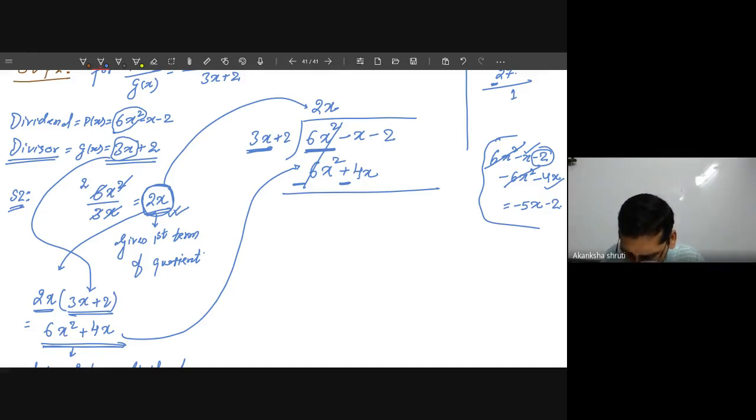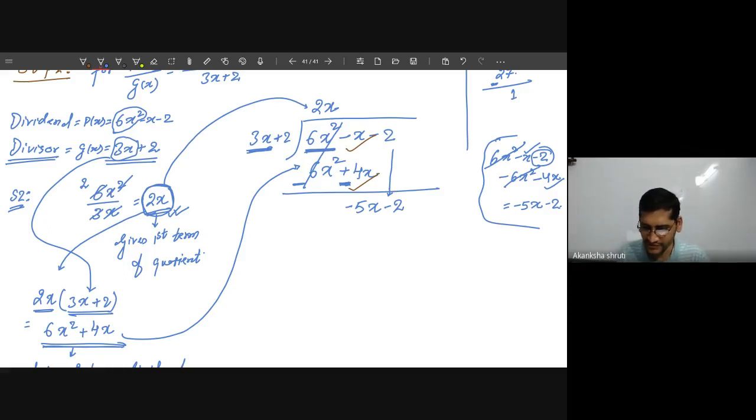Minus x, minus 4x, how much? Minus 5x. Students, I have told you, while subtracting we have to take the new sign, which is minus 4x. Do not take this as plus 4x, otherwise it will give you a wrong result. So minus this x and minus 4x we have taken, and I have marked it in red, to get minus 5x. And whatever other term is there, you have to bring that as it is, meaning minus 2. Getting it, students?